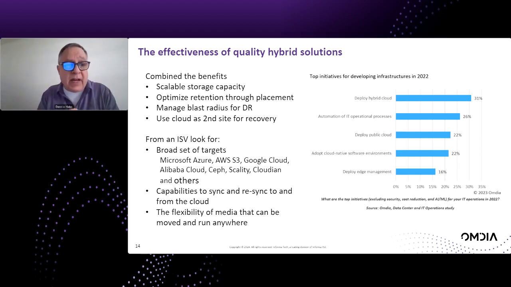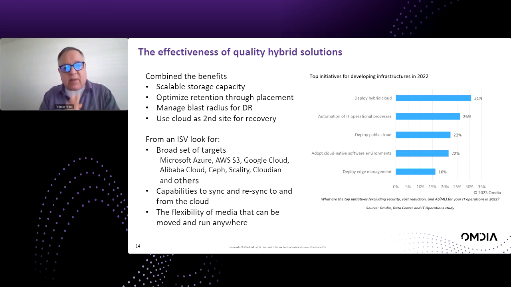So what to look for, the ISVs have done a lot in this area, the backup people. Make sure that you cover all your bases, make sure that you can support the targets you need to support. Different targets have different capabilities, whether that be Scality, Cloudian for on-premise, Alibaba Cloud, Google Cloud, AWS S3 as backup targets, Microsoft Azure Blob as backup targets. Where do you want to place those backups? And having a nice list there is important. Obviously, the list doesn't have to be extensive, but it needs to cover the ones you need, and what you want to use, right? And make sure you have capabilities to sync and resync from the cloud.